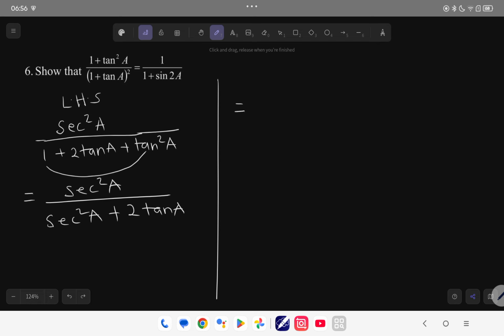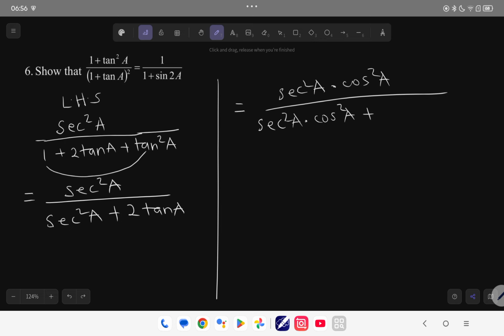So dividing by sec squared a is the same as multiplying everything by cos squared a. So we shall get sec squared a times cos squared a out of sec squared a times cos squared a